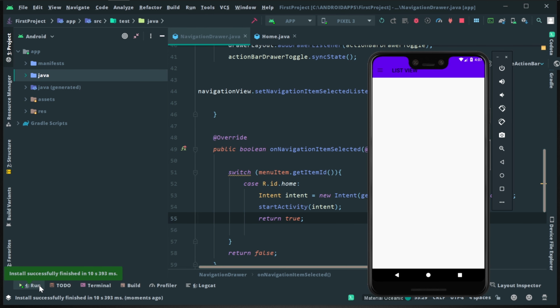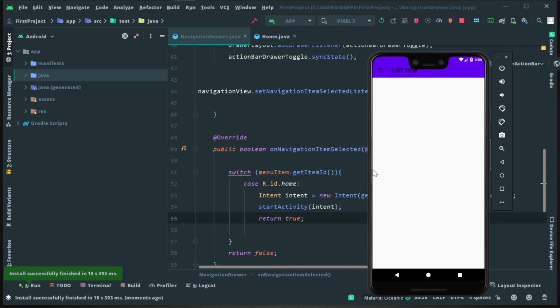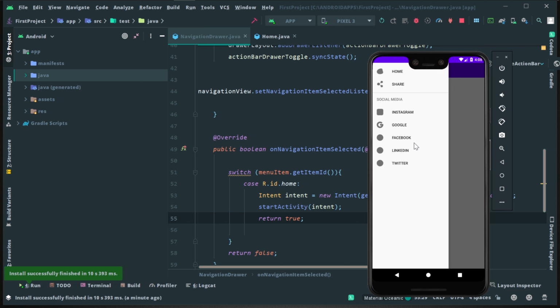So the Gradle build is finished and our app is successfully installed. Now we can see the home burger icon, which is not the one which I showed in the preview. In the next videos I will explain how to change that icon. Whenever I click on the icon, you can see the drawer layout has arrived. Or else you can also drag it from this side. Now we got this, and if you notice, the icon's color is changed to gray. So in the next video I'll explain how to get the original colors here.